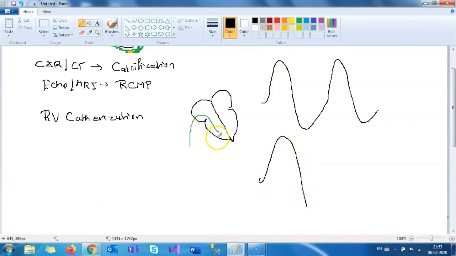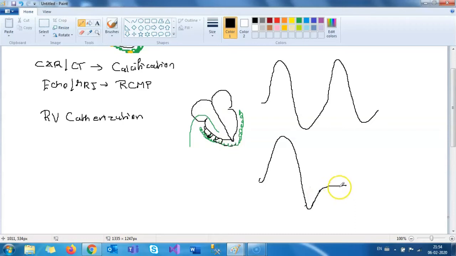But as the blood starts filling in diastole, remember the problem here is that the early part, the filling is relatively smooth because the ventricle has not yet hit the fibrosed pericardial wall, right? But as the filling happens more and more, the initial part, the ventricle is filling smoothly just like normal. But once the ventricle hits the pericardium, it is unable to fill anymore. So suddenly this pressure will plateau off.